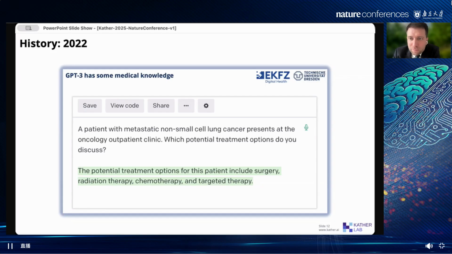By the way, back then we tried to submit this to Nature Medicine, but it didn't work out. So basically, sometimes you're lucky, sometimes you're not lucky, right? But of course,